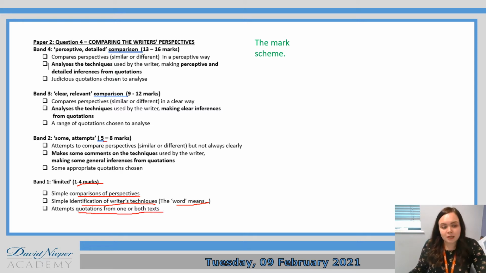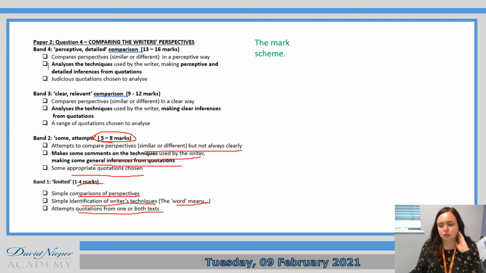So to get 5 to 8 marks, which I would say is our aim at that grade 4 standard, you need to attempt to compare the perspectives. So are they similar or different, but not always clearly. You make some comments on the techniques used by the writer, making some general inferences from quotations, and there's some appropriate quotations chosen. So they're not asking you to be able to say, well, they've used alliteration to present their negative emotions towards the weather. They're just asking you to be able to say, okay, so this makes me think that perhaps the person's not